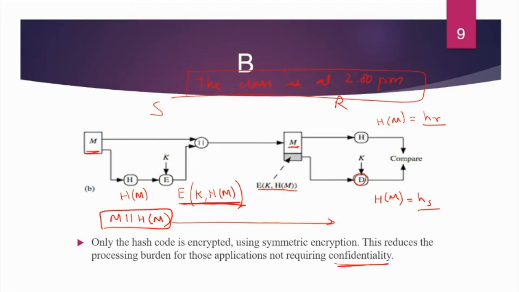It will take lots and lots of time to encrypt a large message, and it is quite easy to encrypt the small code, right? If you remember the ciphers that we have learned, the bigger the message, the more blocks you have to encrypt, and the more times you have to execute your encryption algorithm. The smaller the code, the faster the process. So this method reduces the processing burden a lot because you are encrypting only a very small piece of data. Maybe you have to run your encryption algorithm only once or twice, depending upon the size of the hash value.